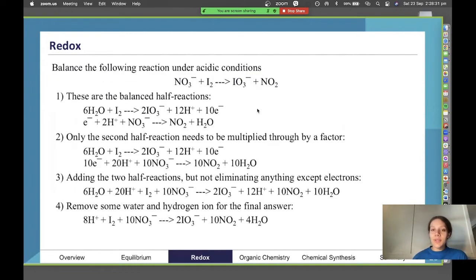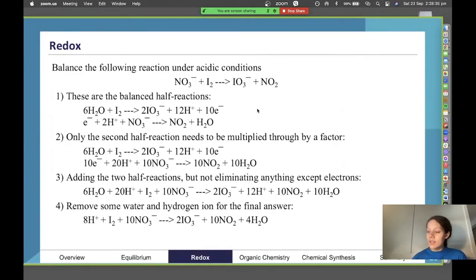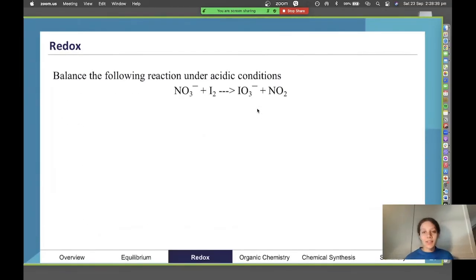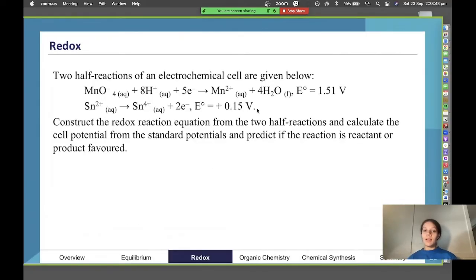And then just in the interest of time, actually I think it's a very similar question, but we have an extra balancing acidic conditions question there. Please have a look at that if you'd like to do some more practice. You can download the slides and the solutions are all there as well. But it follows the same process that we had before.